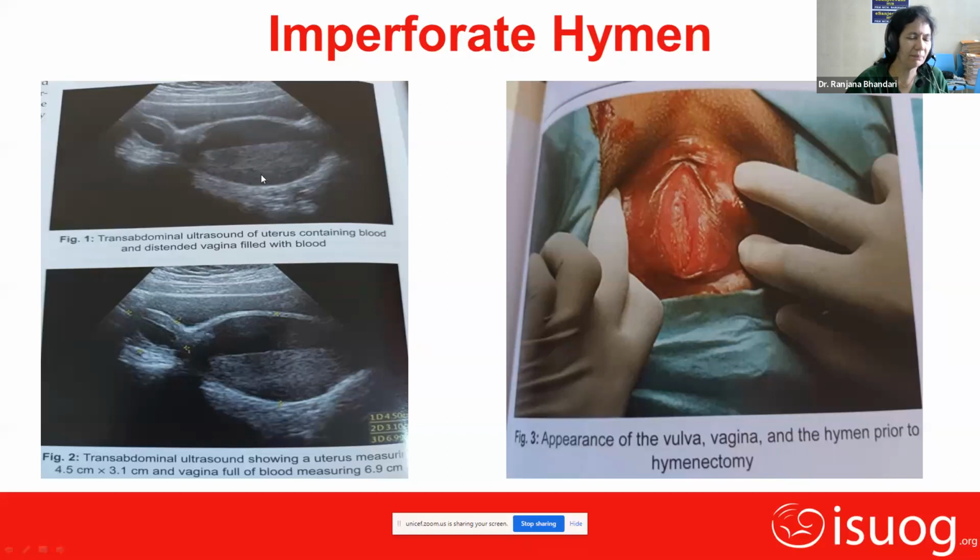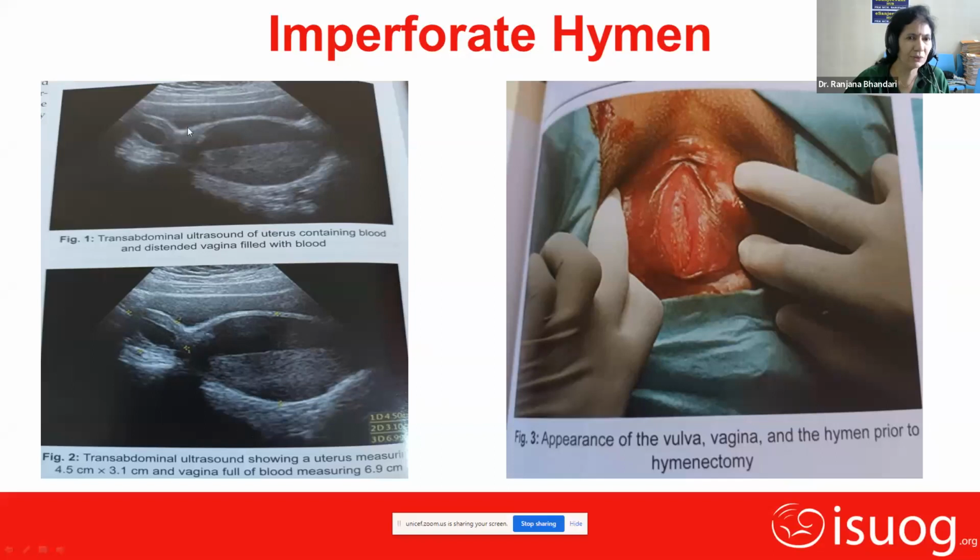Every month, the mothers will be coming. See, the patient is having a lot of cyclical pain during the months, but no menstruation. So at that time, it should come in our mind that it may be a case of imperforate hymen. This is again, you see, this one is full of blood, and this vagina is so much distended with blood. And this is a picture of a patient with imperforate hymen,